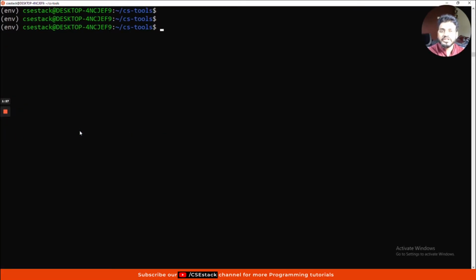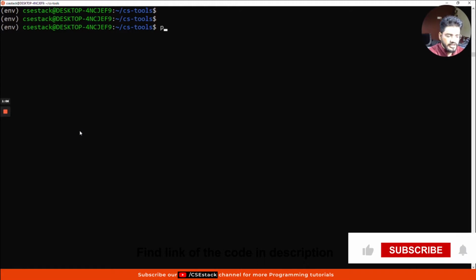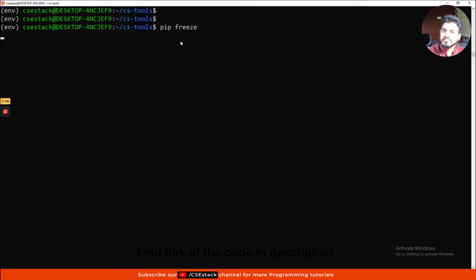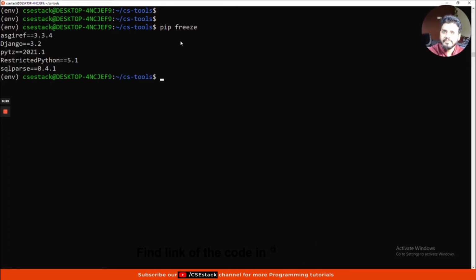If you are not aware, pip is a tool that is very important and very powerful to manage all your Python libraries or packages. You can install, uninstall, and upgrade these packages with the pip tool. But today we are going to use the pip module to get the list of all the Python packages installed on your system. You can use the pip freeze command. When you run pip freeze, you can see all the Python packages installed on your system. Basically, we have only installed 5 packages, and it's showing those 5 packages.